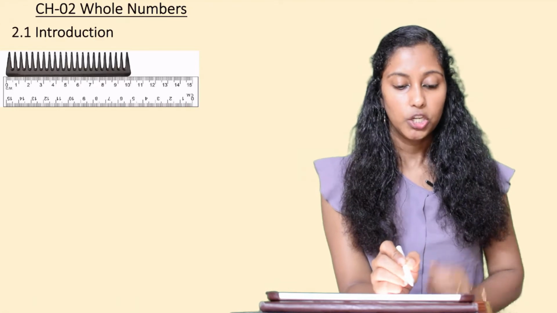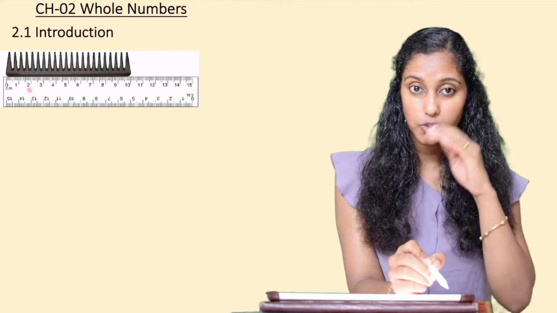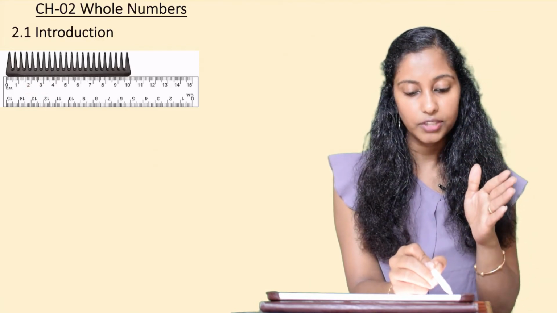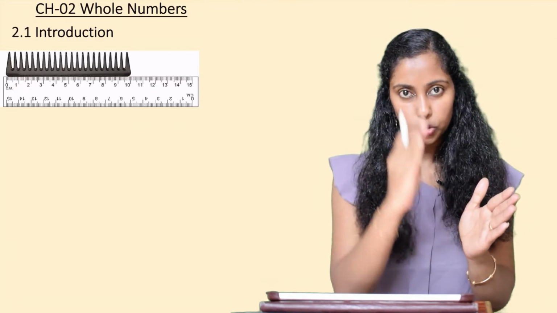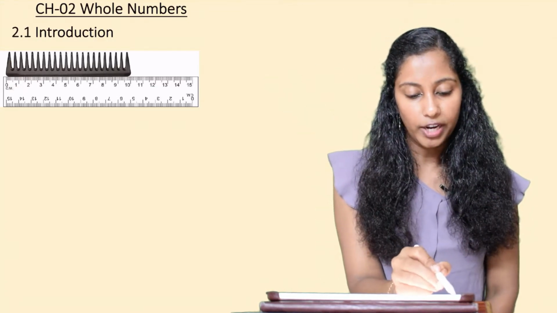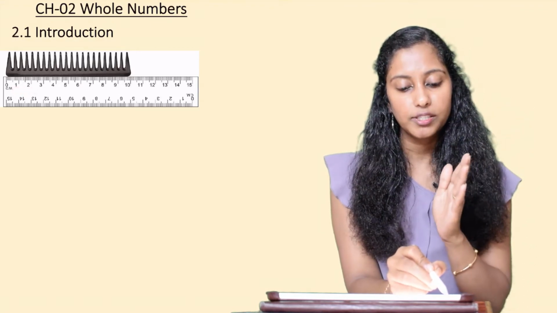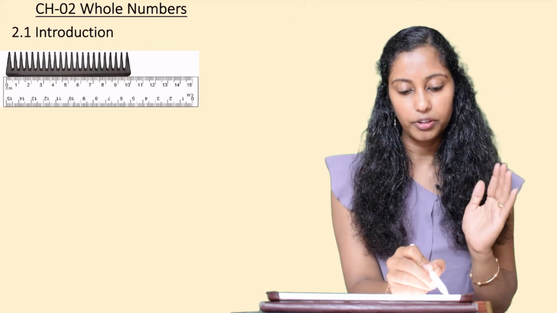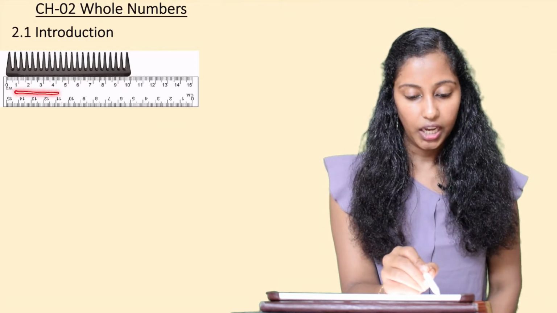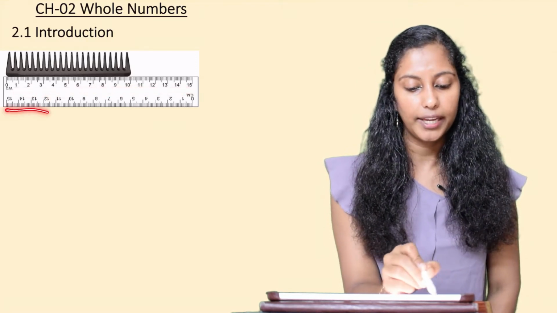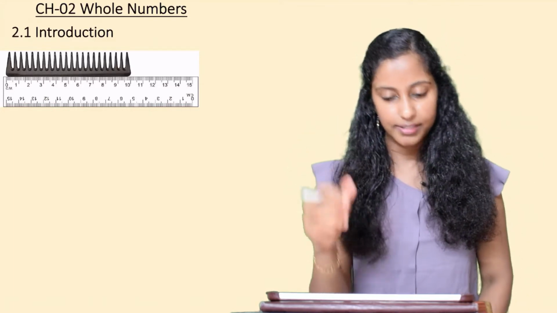Now if you see towards the left hand side of 3, you see 2, which is a smaller number. Again towards the left hand side of 2, you see 1, which is a smaller number. But if you keep on moving towards the right hand side, from 1 I move towards the right, I get 2, which is a bigger number. From 2 I move towards 3, I get a bigger number. From 3 I move towards right, 4 is a bigger number. So this scale or ruler, or what looks like a number line, also helps in finding out predecessor and successor.